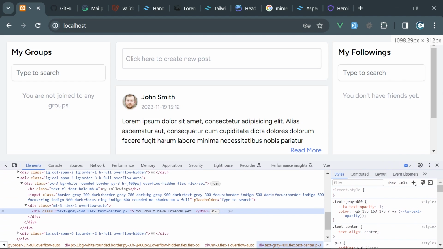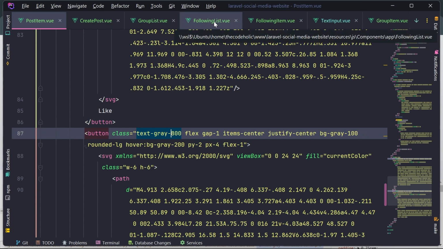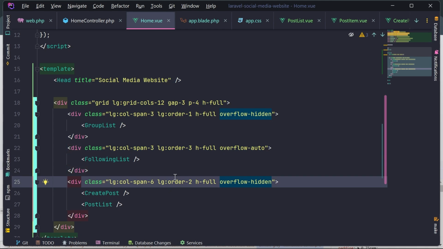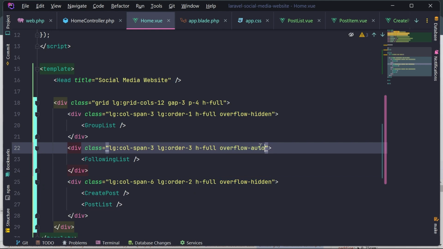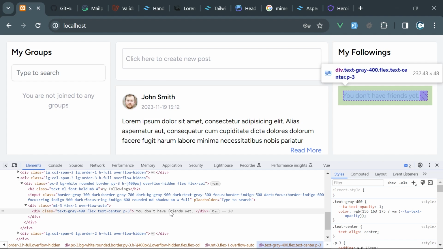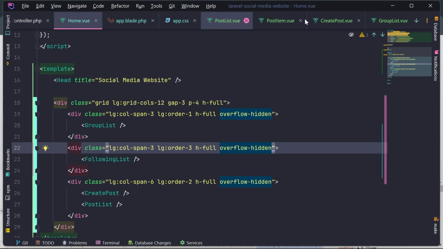Okay, there's this overflow auto. Where's that coming from? Let's go to the home page. Overflow hidden. I added this overflow hidden on this create post, so that should be here. But still, this one has flex and text center. Does it need flex? Let's go to